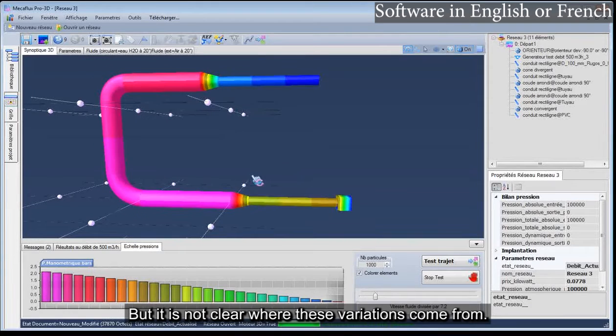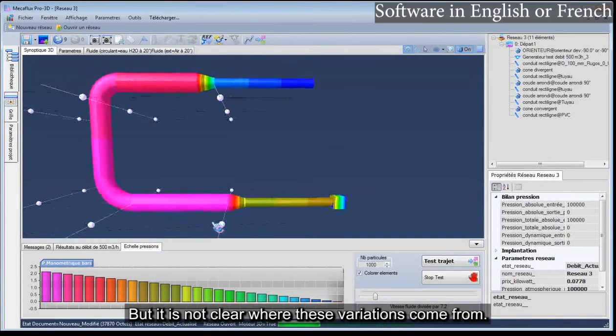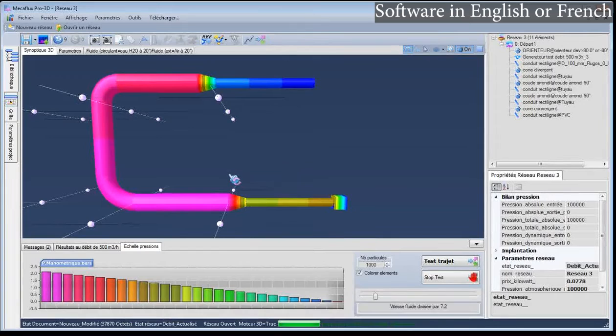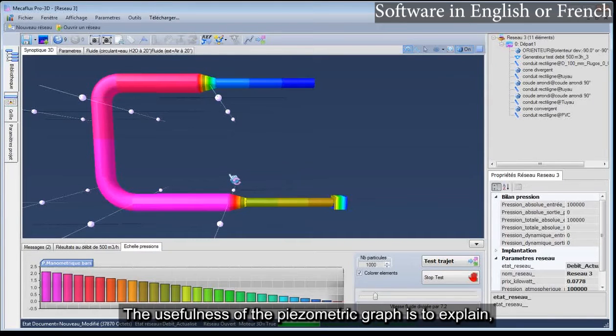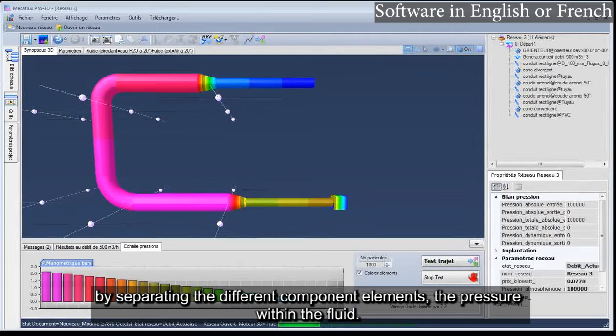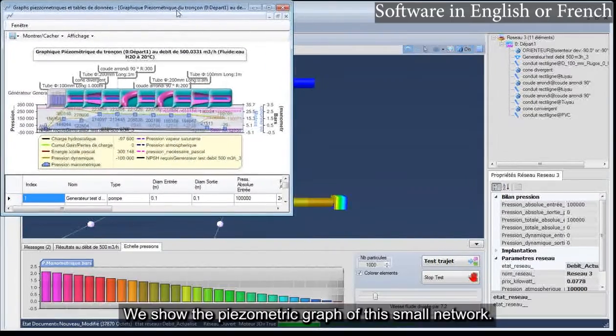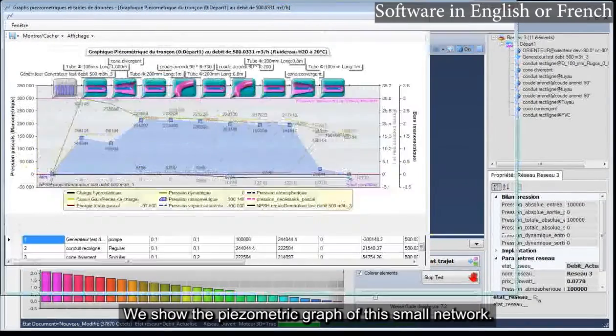But it is not clear where these variations come from. The usefulness of the piezometric graph is to explain, by separating the different component elements, the pressure within the fluid. We show the piezometric graph of this small network.